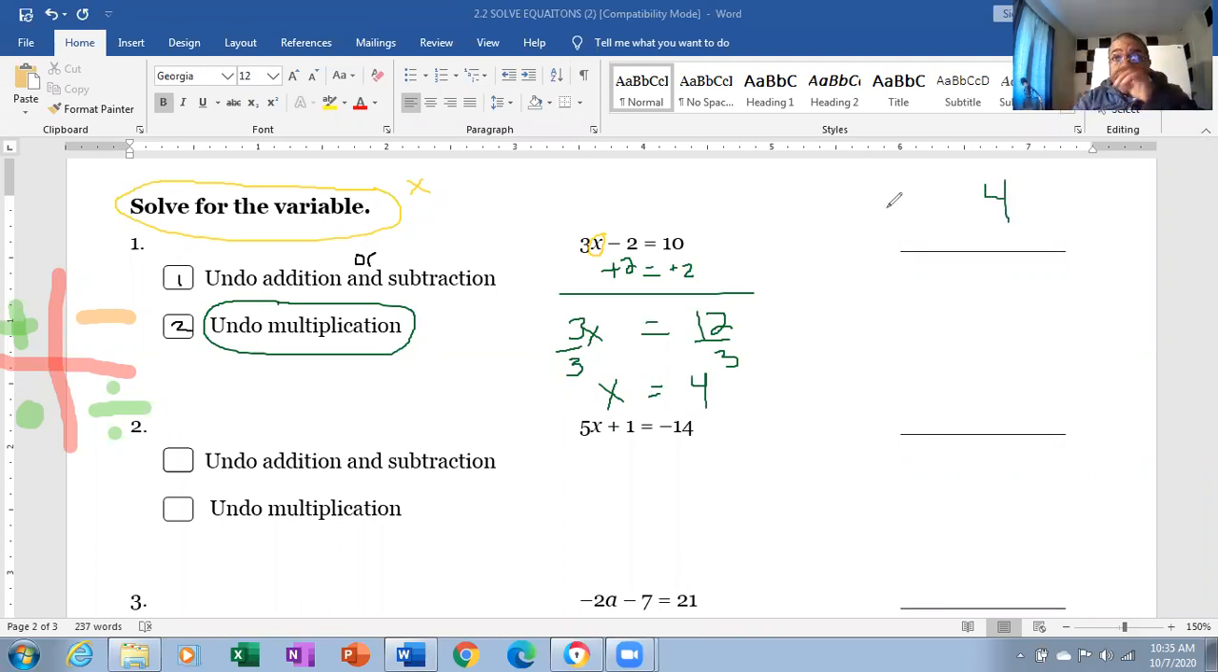That's how we solve that problem, okay? So that's what you're going to do with the remainder of these problems. So I say to you, good luck and do